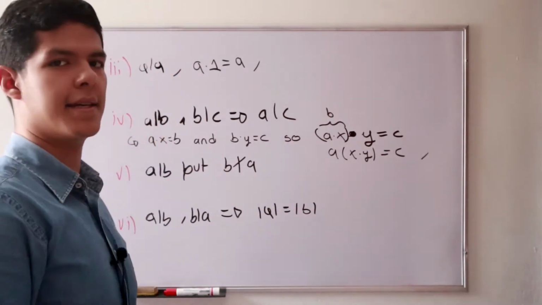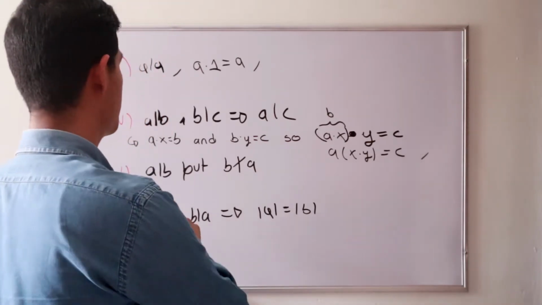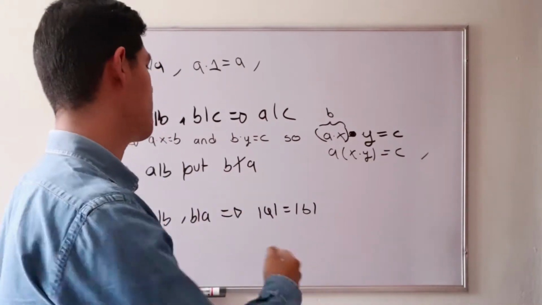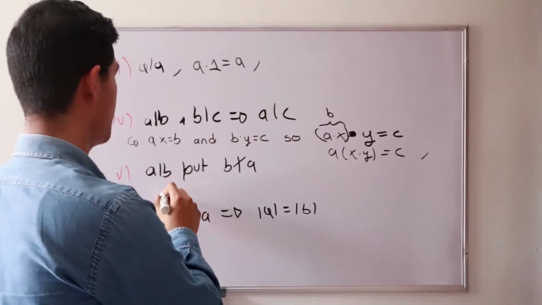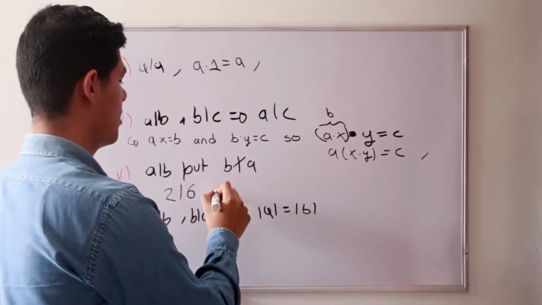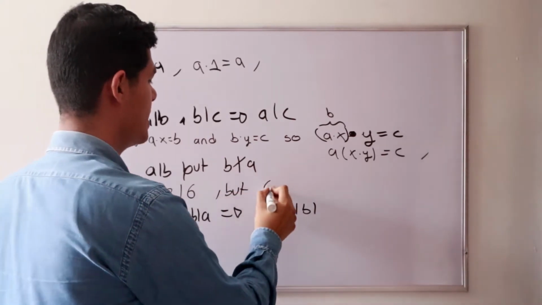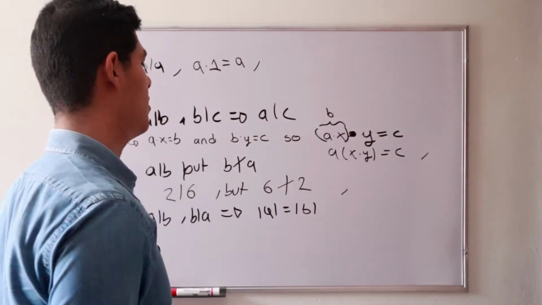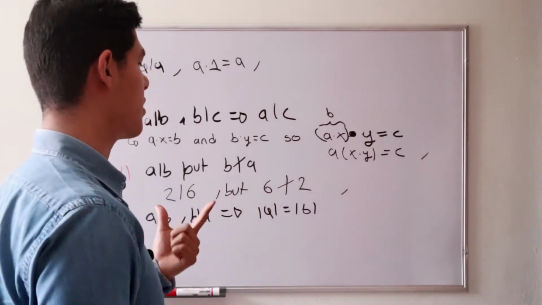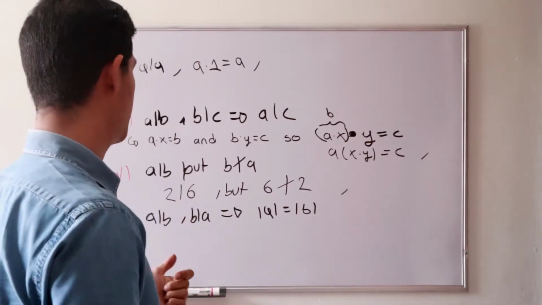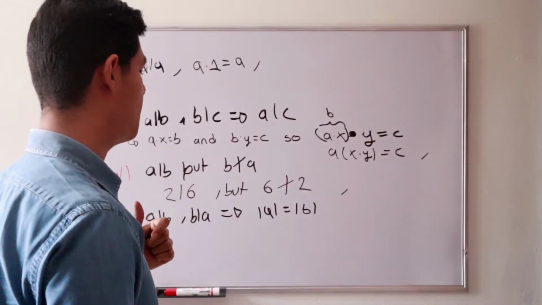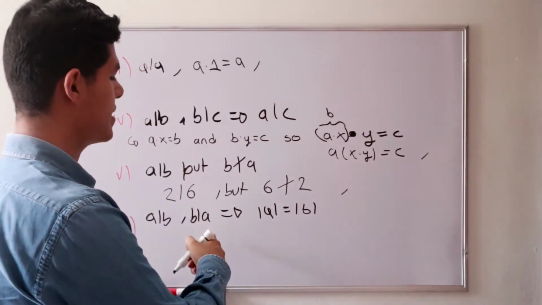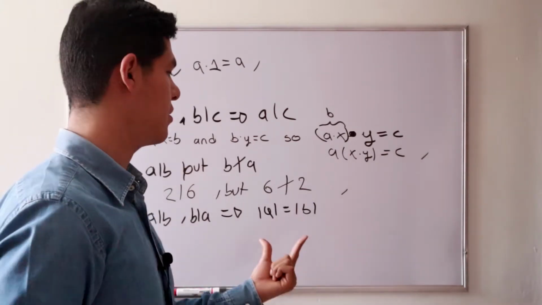The other one is that it's asymmetric. So if A divides B, it doesn't necessarily happen the other way, that B divides A. For example, 2 divides 6, but 6 doesn't divide 2. So this, guys, is correct. We only have to recall the other example. And the final property is that if A divides B and B divides A, then their absolute values